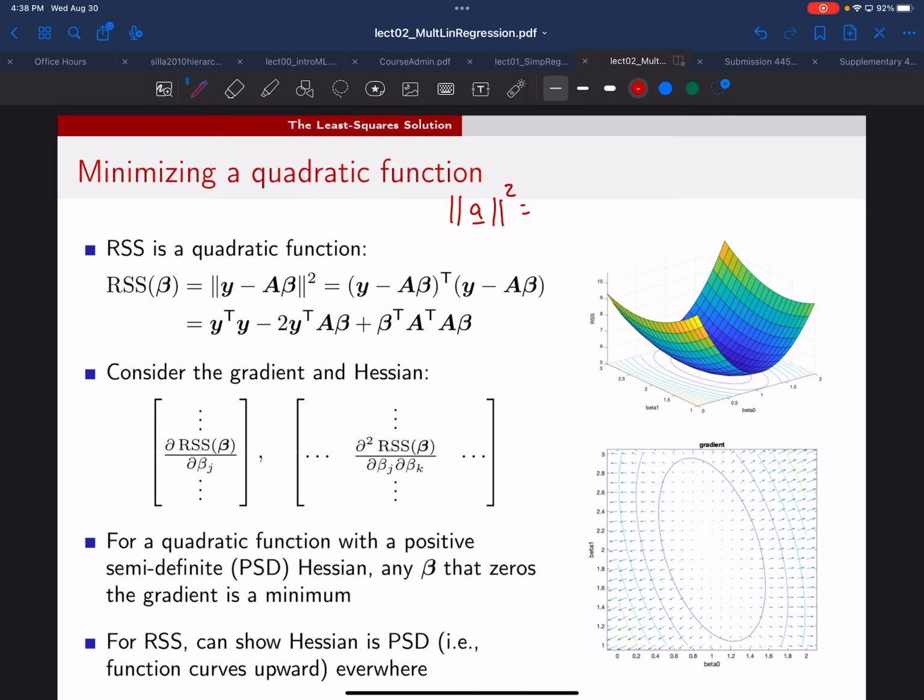Can you think of a way? It involves a transpose somewhere? Yeah, A transpose A. That's right. A transpose A. Exactly. So this is a super important thing, and maybe one way to visualize this, I often